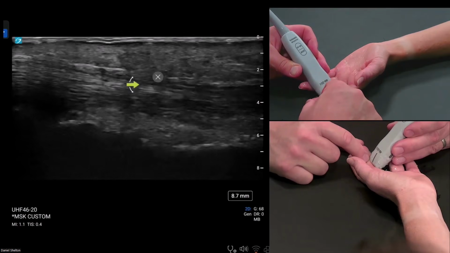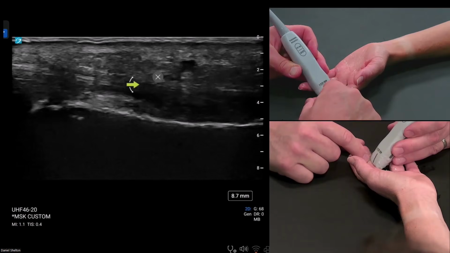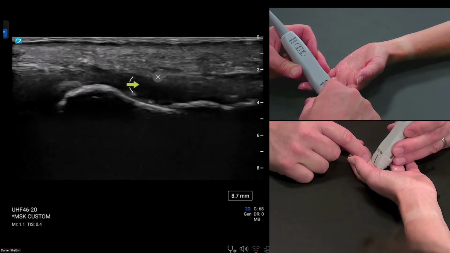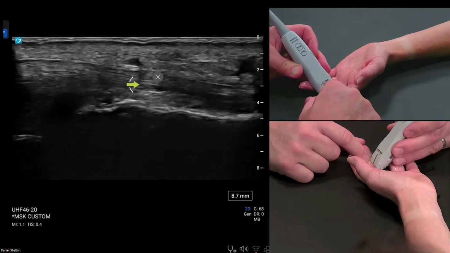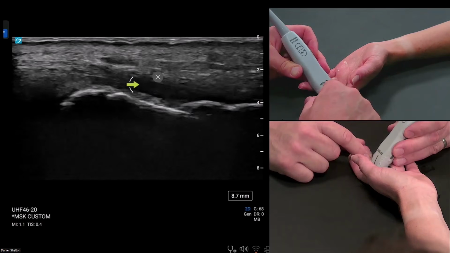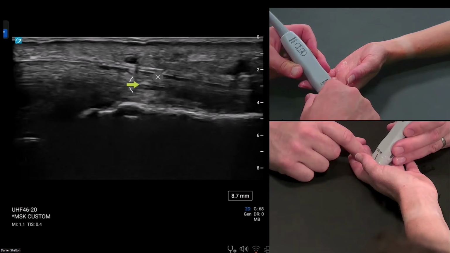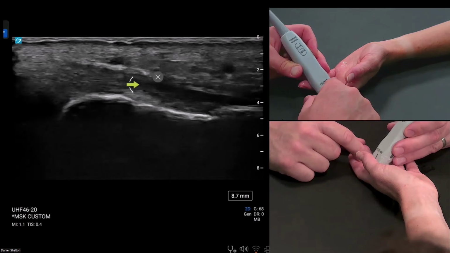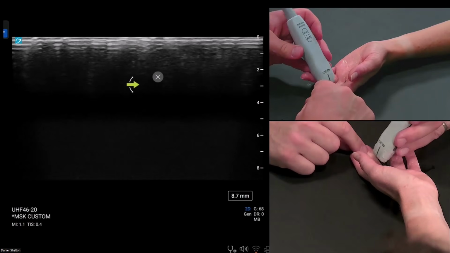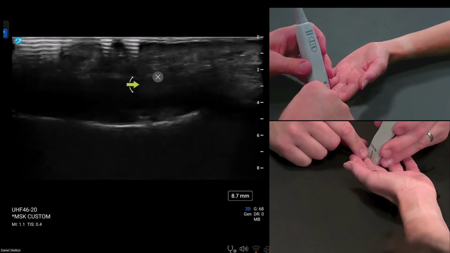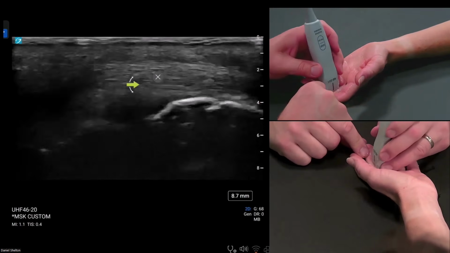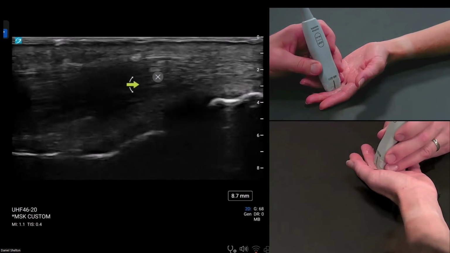looking at. It's strictly superficialis right there. So here I was over some profundus. Look at that. And then I go even more ulnar to separate the two. So superficialis, profundus, superficialis, profundus. So make it move, use your dynamic maneuvers. Then we'll take this second to talk about the palmar plate.